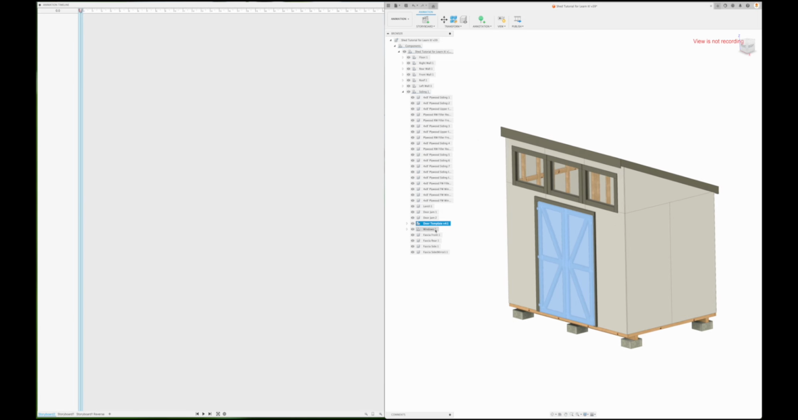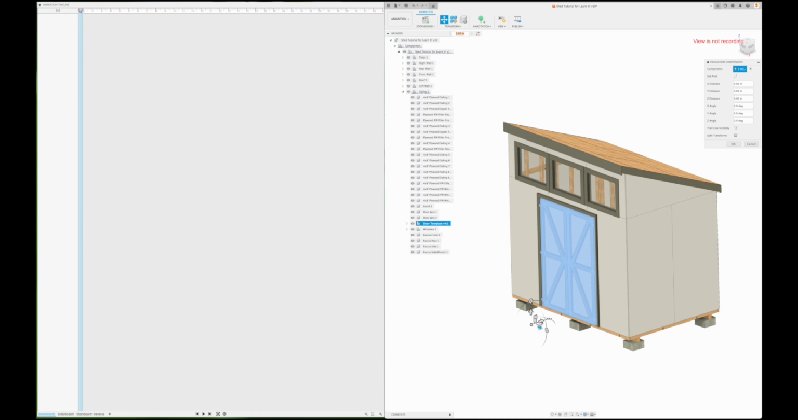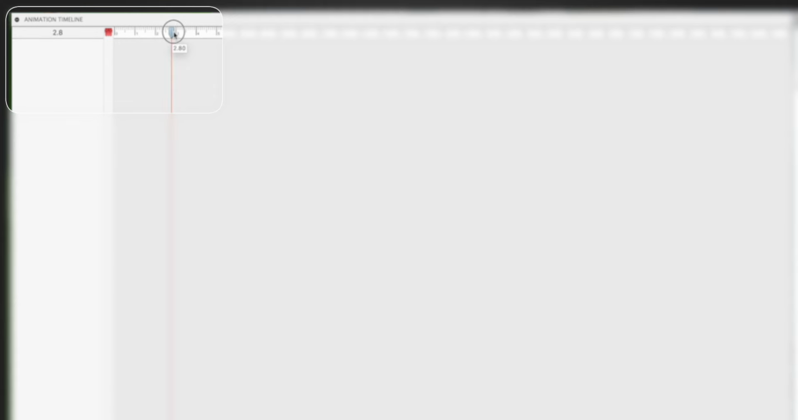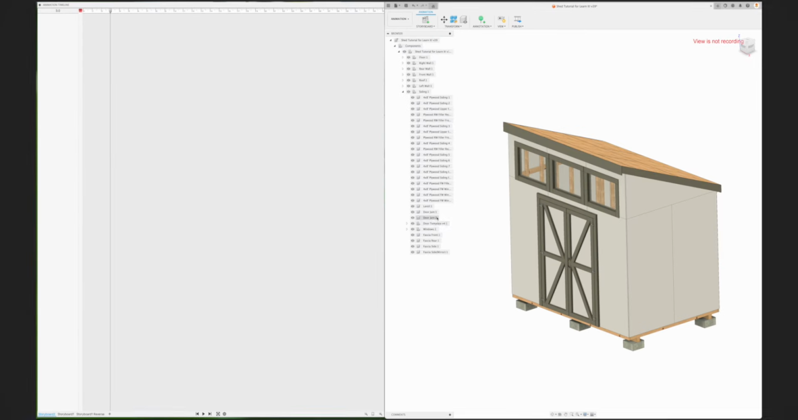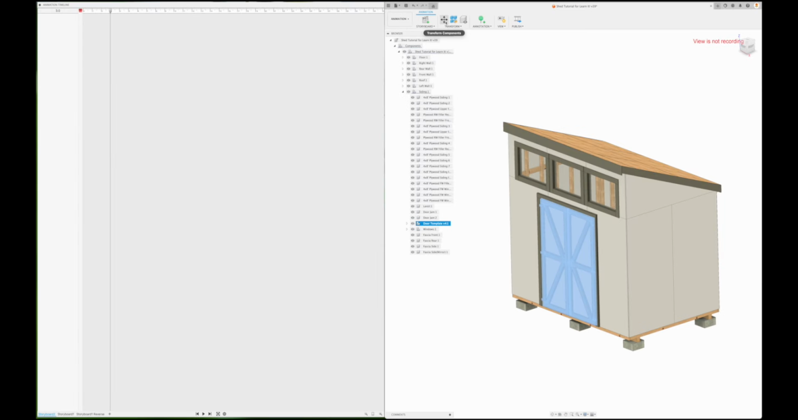So what I'm going to do is select the entire door template. In this case, it's our door assembly, and we're going to transfer components. Actually, before we do that, let's just cancel. We're going to move our timeline off to, for each transition or each movement, let's go to 3 seconds. Now what we can do is select our entire door template, transform components, and we're going to